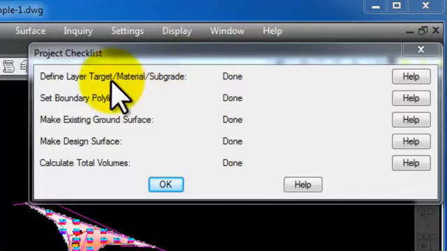The first step is to define your layer targets. That is your existing and your design, leaving all the other layers in other. The second step is to draw your boundary polyline. And after you've done these two and adequately added barrier lines for your existing and your design so that your surface contours create the same contours that are given to you in the drawing or digitized, you then go to